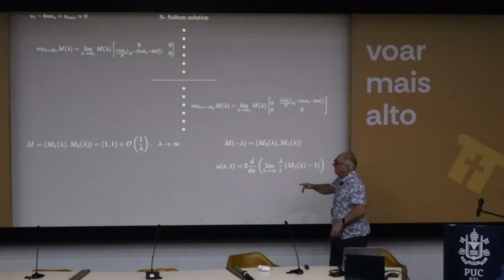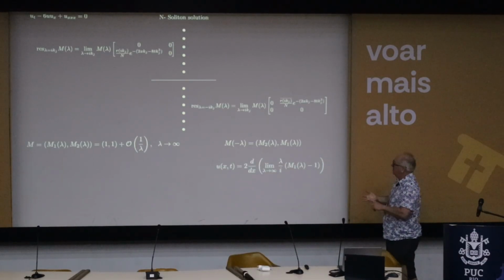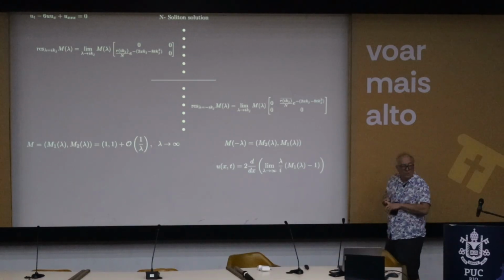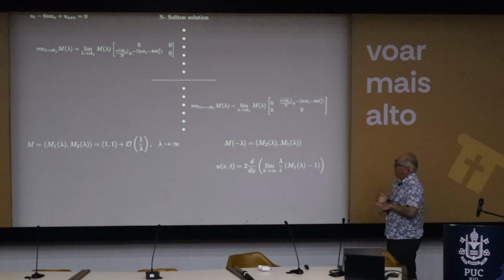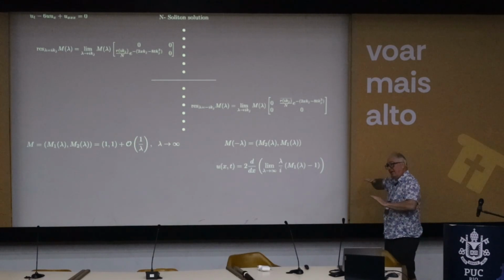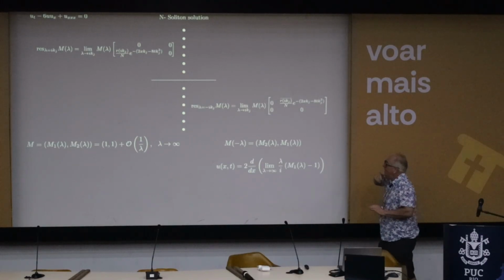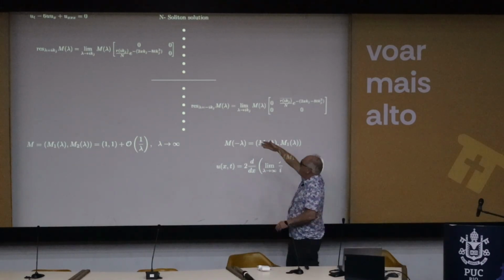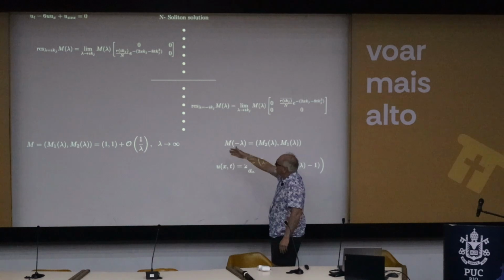So they satisfy a bunch of conditions. m1 and m2 are both, in this case, meromorphic functions in the plane. They have poles. The first function m1 has poles in the upper half plane at each of these pole locations. Those correspond to L2 eigenvalues of the Lax operator, which I'm avoiding defining in the interest of time. And m2 has poles at the complex conjugate points in the lower half plane.